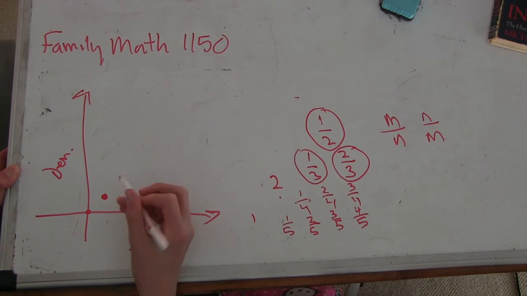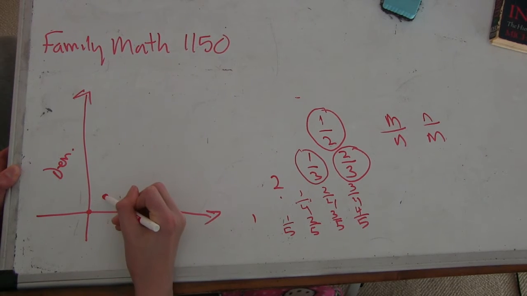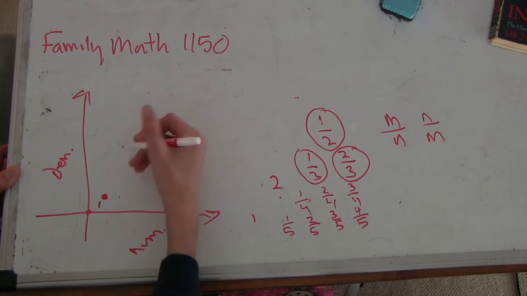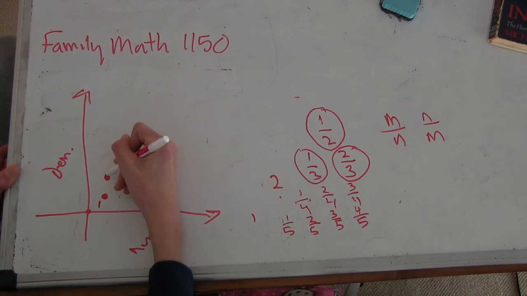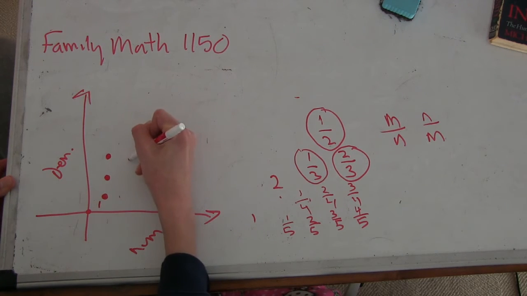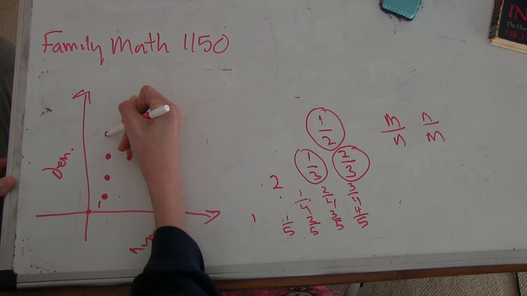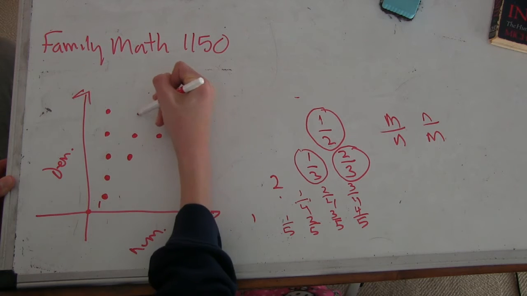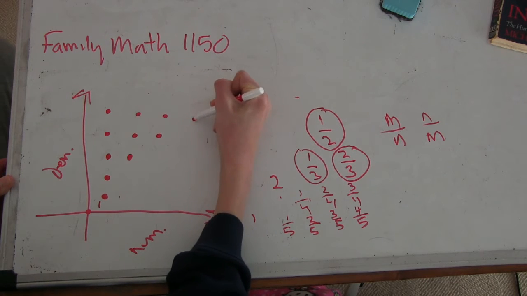This would be 1, 1. So this would be 1, and then you'd have a half up here, 1, 2. And with these numbers, you can go up 1/3, 2/3, 1/4, 2/4, 3/4, and create a pattern